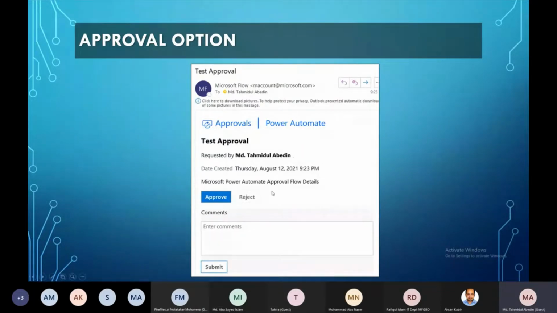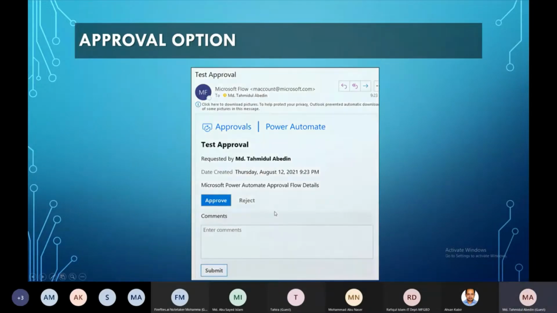Using this, Microsoft is saying that a Power Automate approval flow can use an outside email address as an approver. So even if the approver is not in the office, he can go to his mailbox and approve or reject. So next, going on,